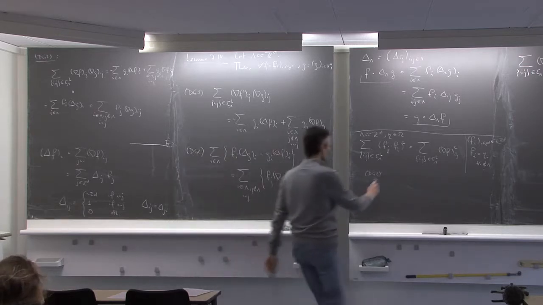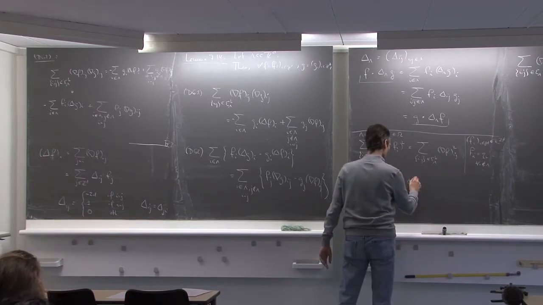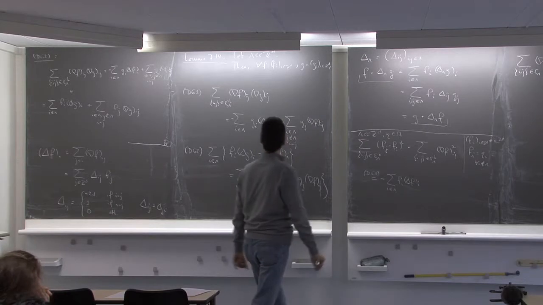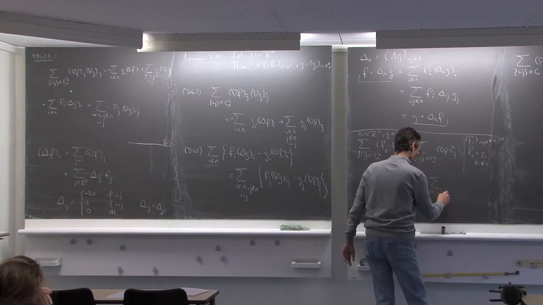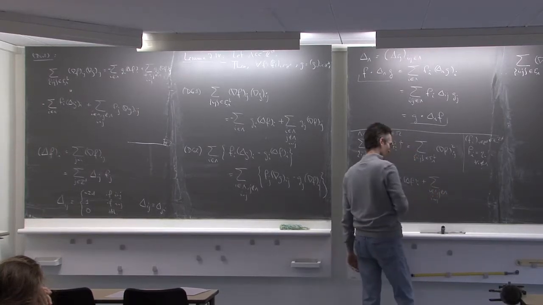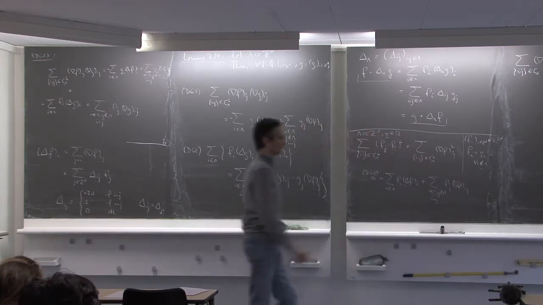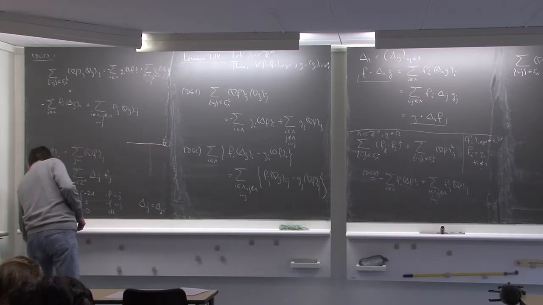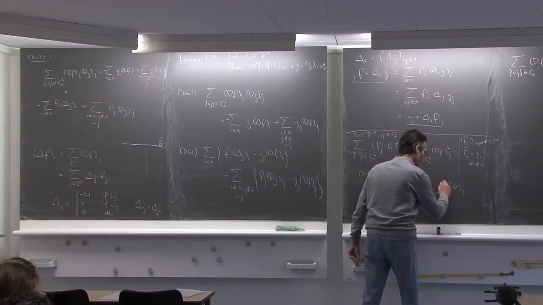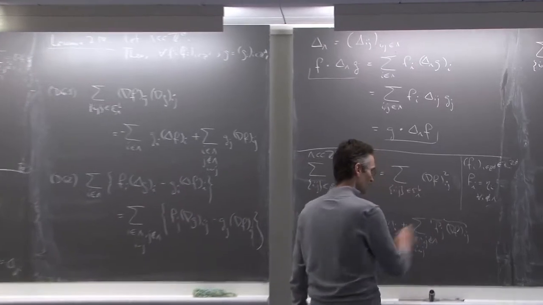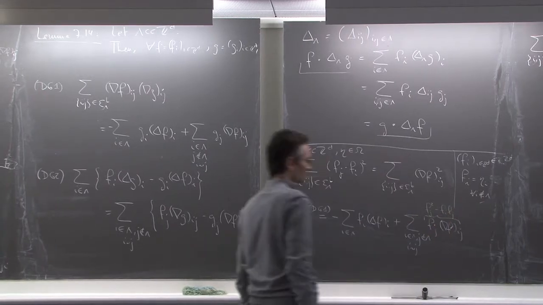This gives me immediately minus the sum over i in lambda of f_i Laplacian f at i, plus the boundary term, the sum over all i in lambda, j not in lambda, i and j neighbors, of f_j gradient f_ij. And now let's rewrite that somehow. So this is easy. Of course this is just f_j squared minus f_ij. Nothing much.